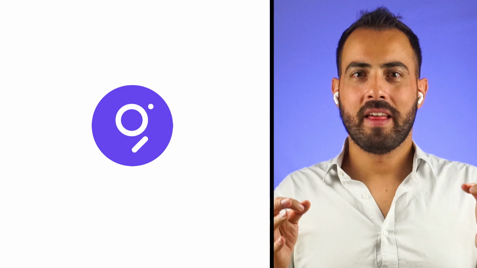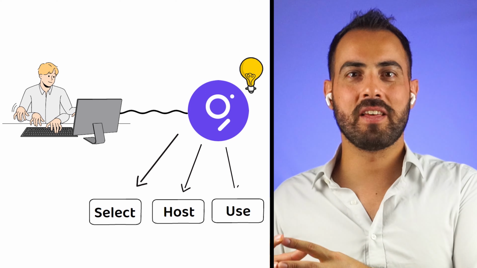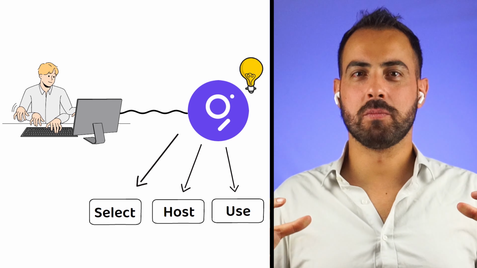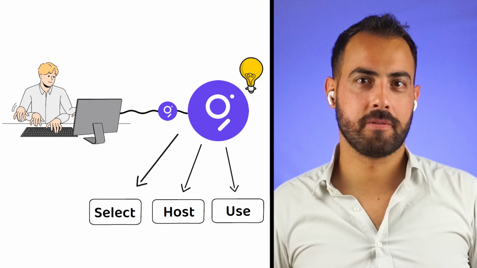In conclusion, The Graph has a purpose, and that is, when you ask it a question, to provide you an answer. It encourages a clever ecosystem for users to select, host, and use the technology they have created, and offers multiple ways you can contribute to receive a reward yourself.